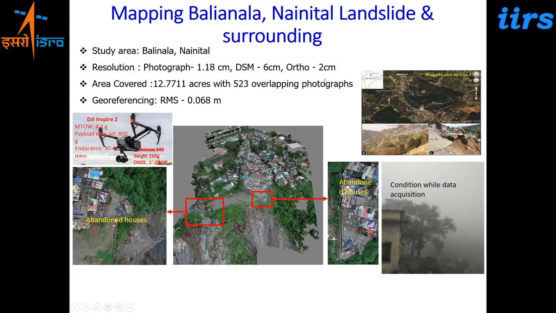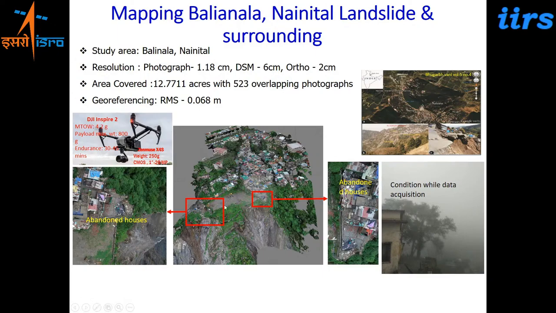So this is a complete 3D perspective of the landslide areas, where you can see the complete detail. We can map the slope, and if this landslide gets triggered, you can do an analysis from this of how the debris will flow. Which are the areas which will be impacted? One can do further studies using this data for further analysis, right?